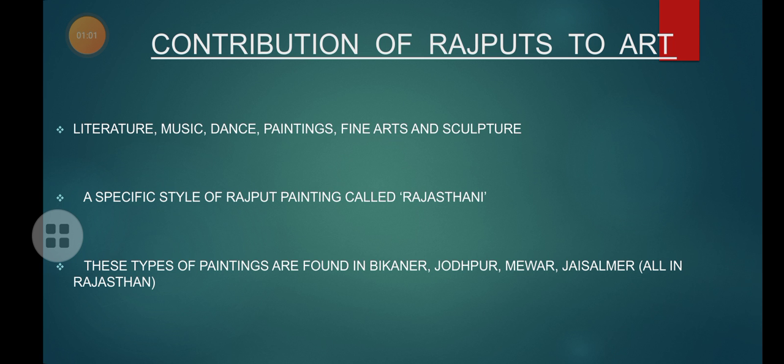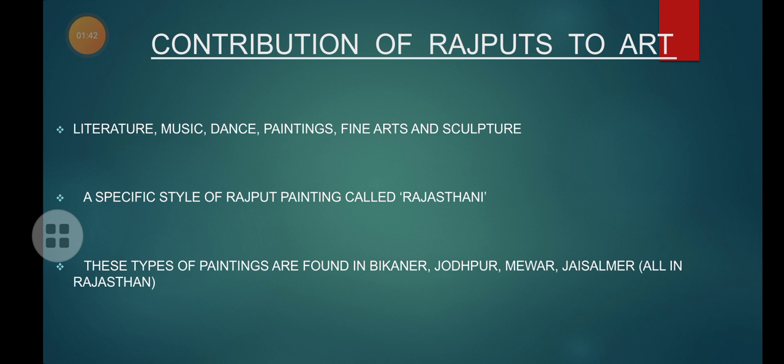Literature you all know, isn't it? Literature means poems, stories, epics. They all come under literature, which is a form of art. Music is another form of art. Dance is also another art. Paintings also come under art, fine arts and also sculpture. Sculpture means carving the idols. So all these come under the field of art. What support was given by the Rajput kings in the field of art, we are going to study